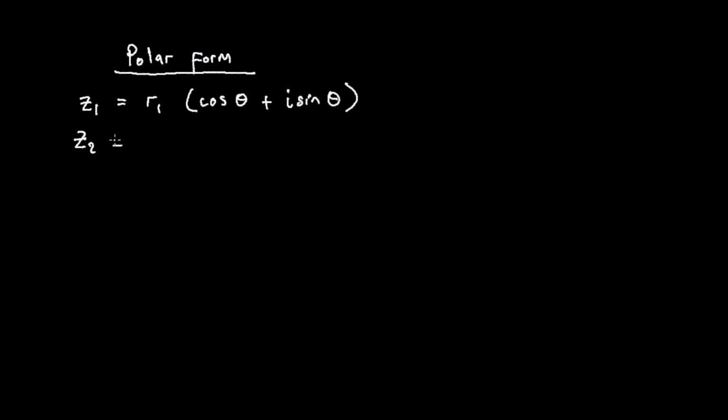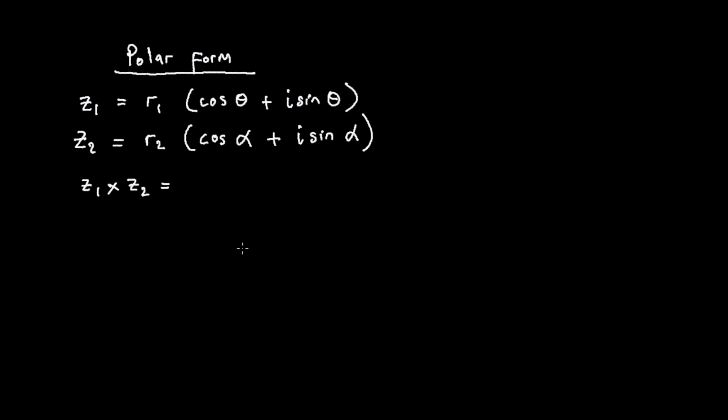Then z2 is equal to r2 (cos alpha plus i sine alpha), like that. So when we are multiplying these two complex numbers, z1 times z2,